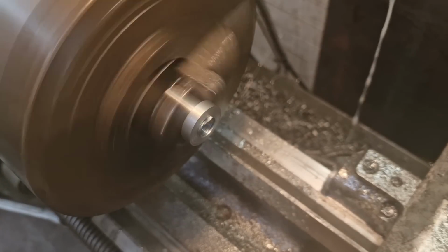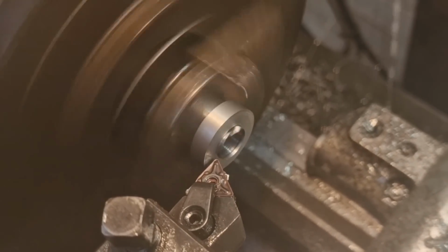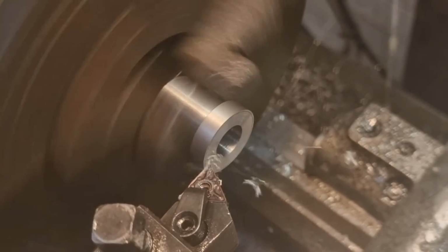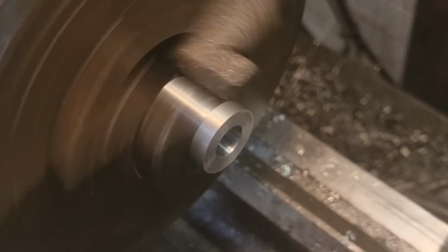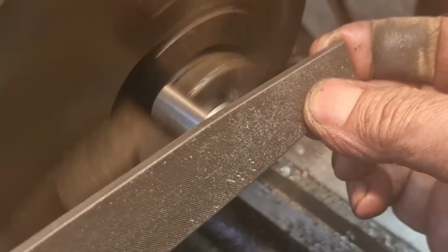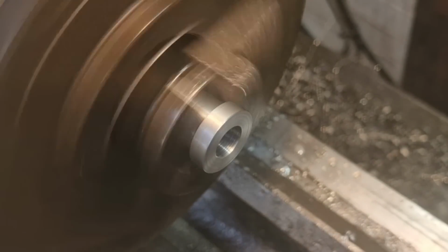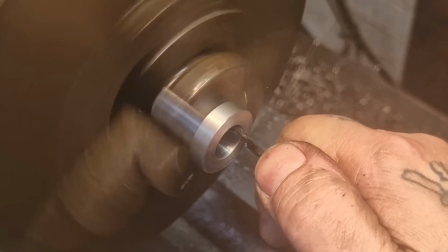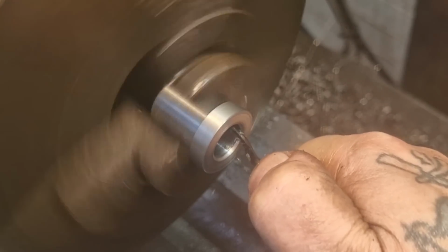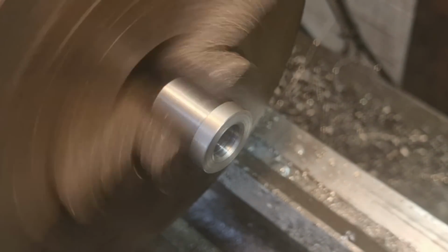So with that turned around, spun and put in the other way, we'll give it a quick face up. Break that edge, so we look like we give a shit. And I might put a taper on this. See how well that works. There we go. Bit of a start for the thread. Righto, so...